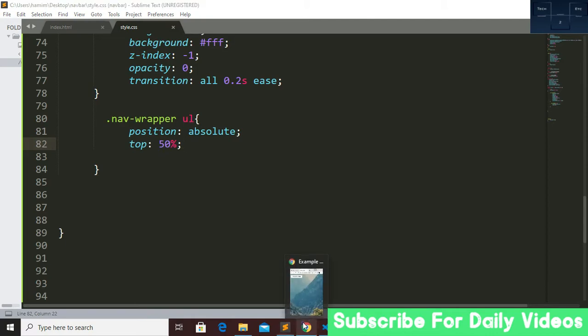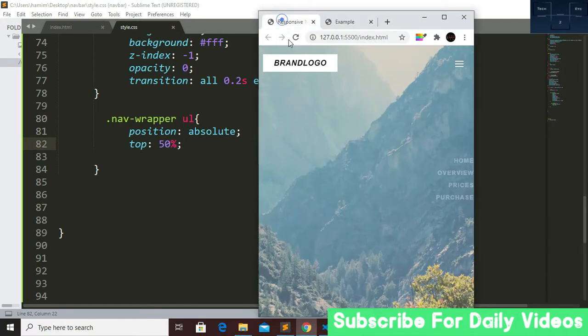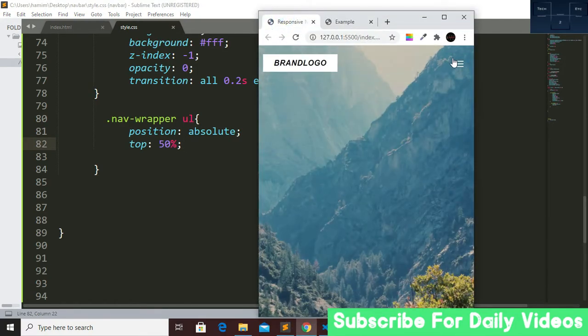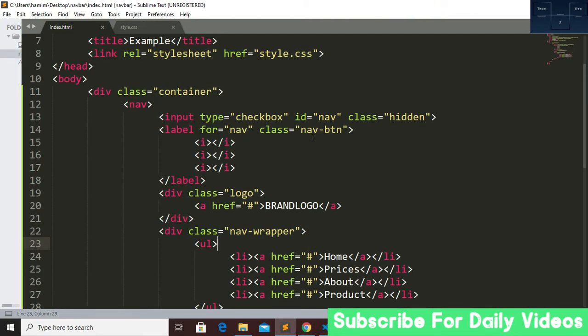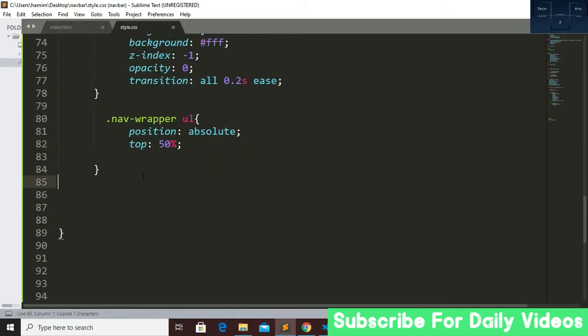So that's it. Now we have to create this button, so we have to go to our nav button class, copy this class from here and paste it here. That's it.